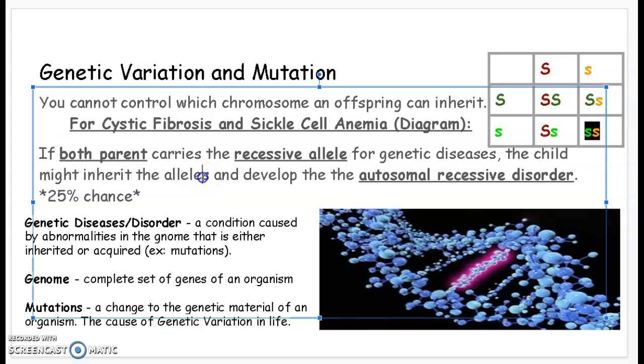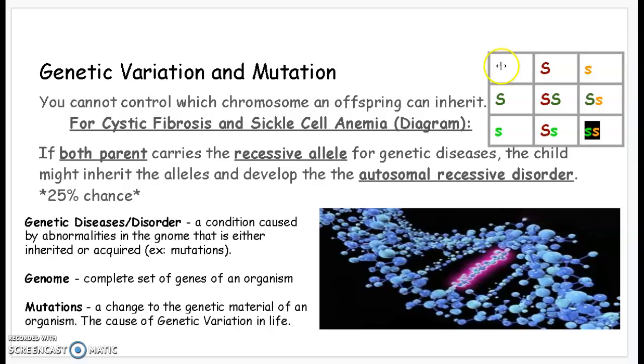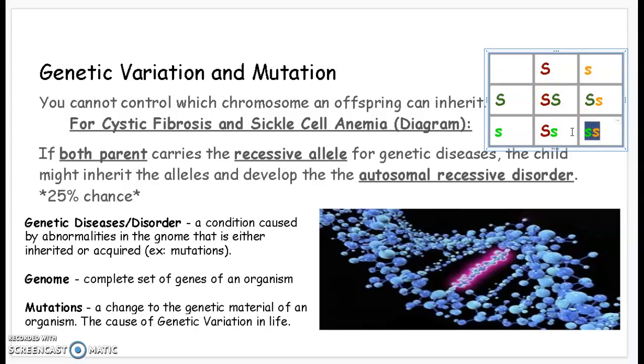And so, my takeaway message from this table is to show you that when two parents have an offspring, depending on their genetic history, their genotype for certain disorders, you can determine the probability of their offspring having the disorder. And so in this case, two parents who are heterozygous have a 25% chance of having a child with